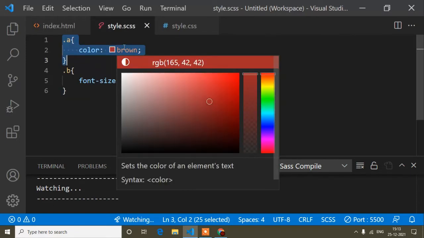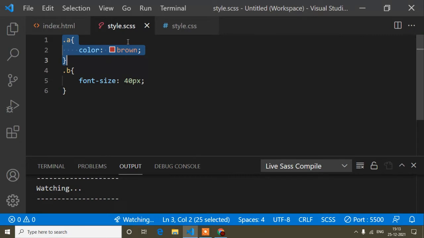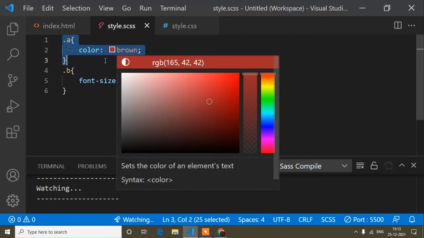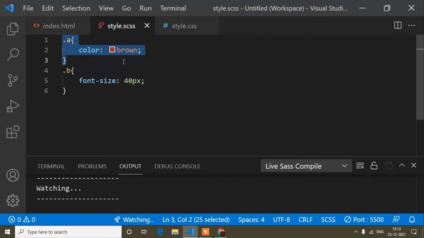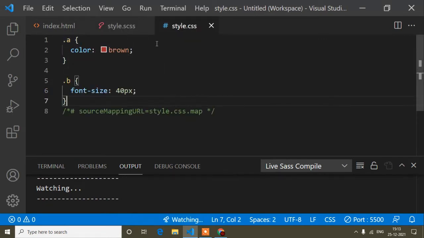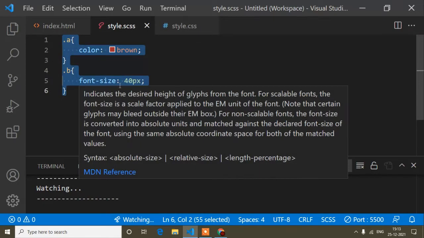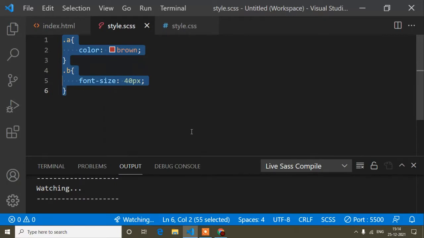Okay, so why do we use SCSS? In SCSS we write less code, and it's easy for the developer. We feel it is easy to write the code here. Now you may be thinking it's the same thing, but when I write the proper code in SCSS, then you will understand how easy it is. Right now it's the same style in SCSS and CSS, but when I write the proper code, you can feel it is easy. So now what I will do is remove this style.css file because it's not needed.